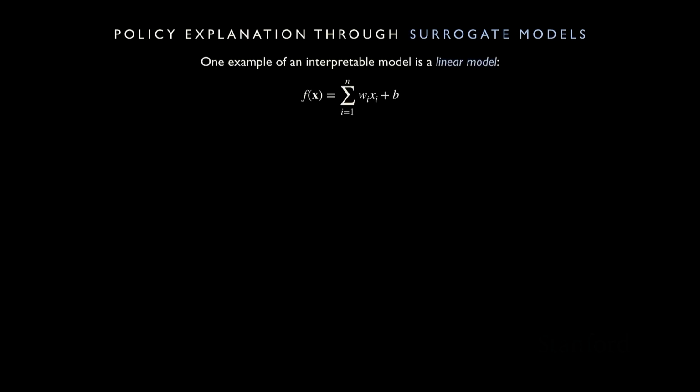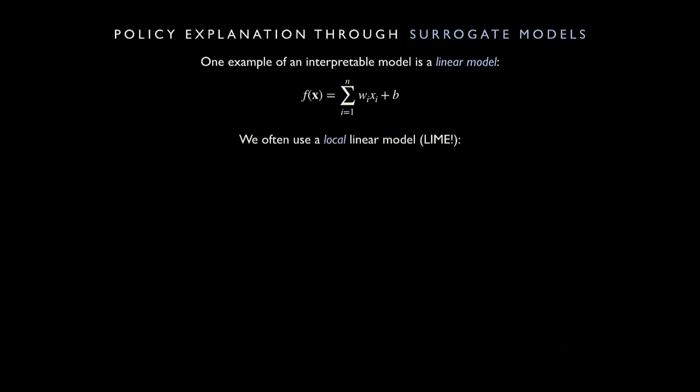Okay, so there's a couple of different examples of models we could use for this. One example is a linear model. So say we just want to model some behavior of an agent represented by this function f of x, then we can just take a linear sum of all of the weights multiplied by all of the different subcomponents of x. And the reason that this tends to be interpretable is because these weights then provide an indication of the relative importance of each feature. Because if the weight has a higher magnitude, then it's going to have a bigger effect on the output f of x.